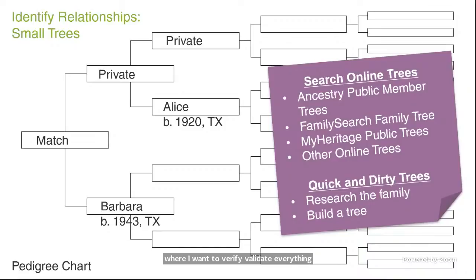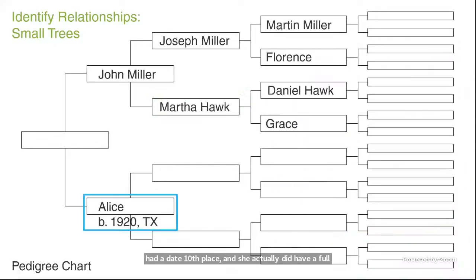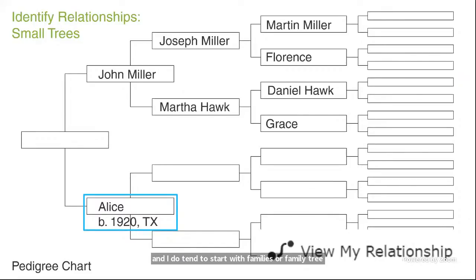So in this case, I'm going to start with Alice because she's born a little bit earlier. I could do Barbara as well, and I might have to look at both because I don't know which line they're on. But because Alice had a date and a place, and she actually did have a full name, not just a first name, I went out and searched on FamilySearch family tree. And I do tend to start with FamilySearch family tree because of one big thing: if I can find that person on FamilySearch family tree, it has this great little button that says, view my relationship,